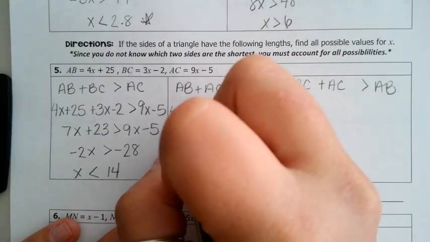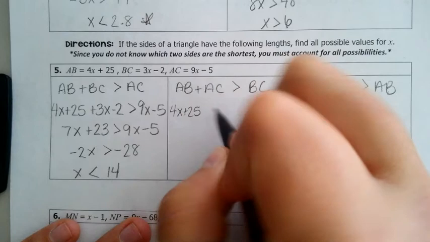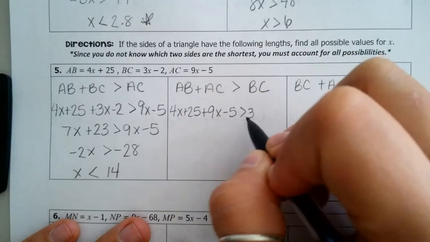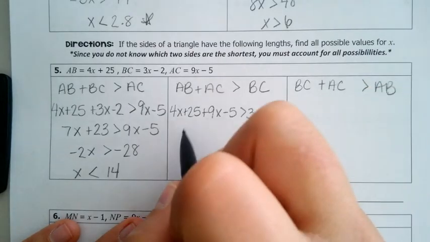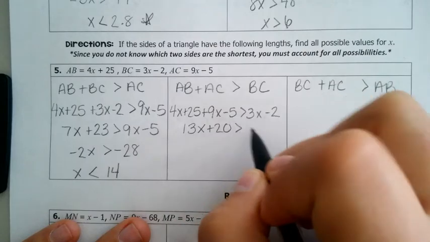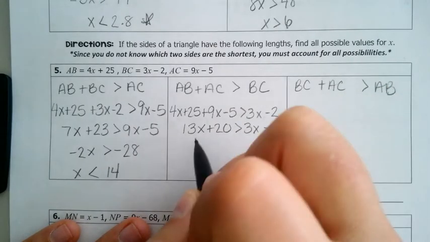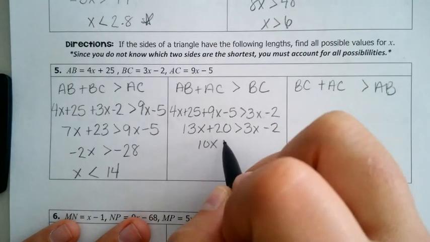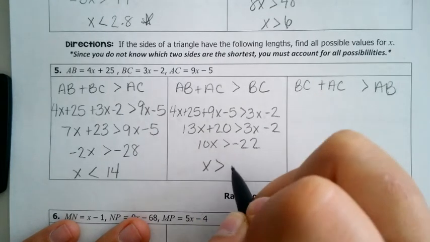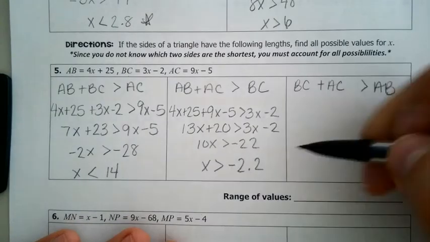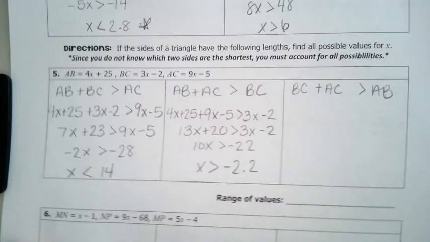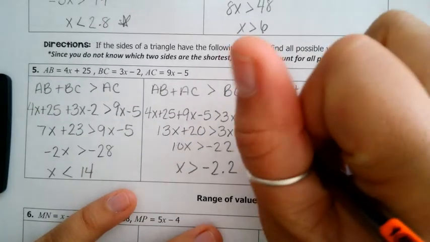Second one, if we do 4x. Here we didn't have to flip even though we got a negative number, because we did not divide by a negative. And the last one,